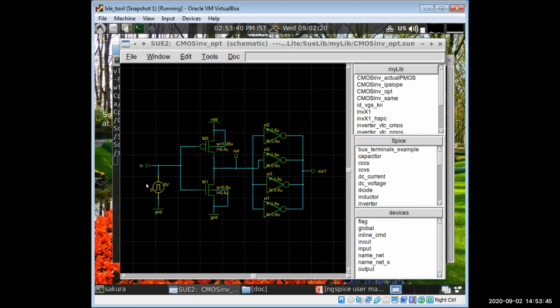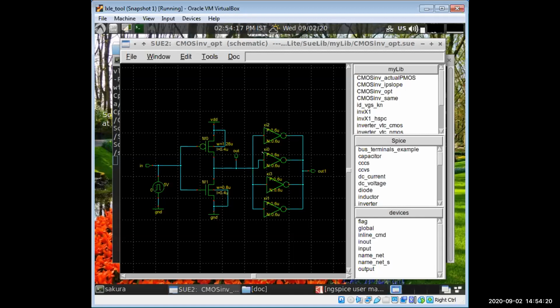Now we will see a case where we will be giving the rise and fall delay. That behavior we will see, how we are getting the output. So first let us see about the beta optimization ratio. For beta optimization, as you have seen in that graph, the TP value, the propagation delay value, was actually minimum when beta was nearly 1.6 or 1.9. So that was the beta optimization value.